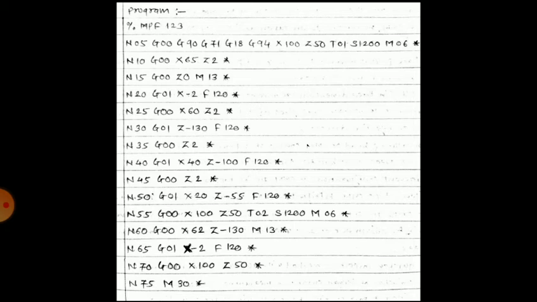So when you move the tool in the previous block, N30 G01 Z minus 130 F120, it will make the diameter of 60. Now you have to move the tool.